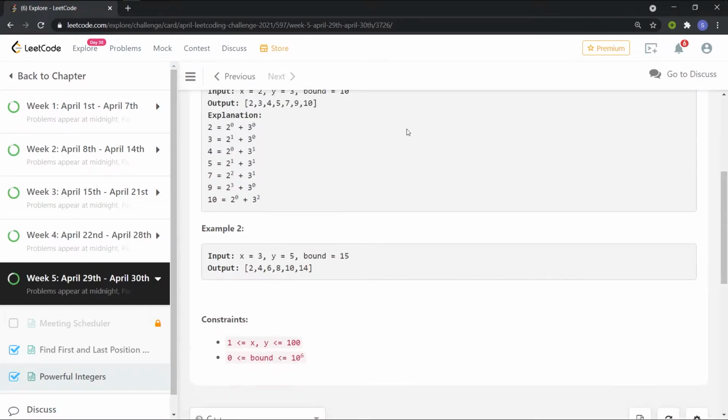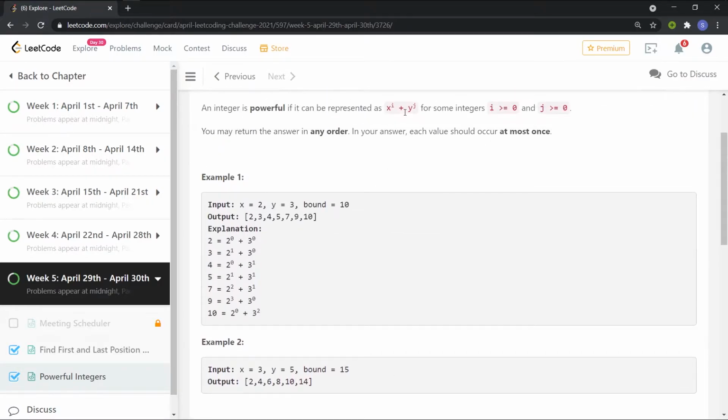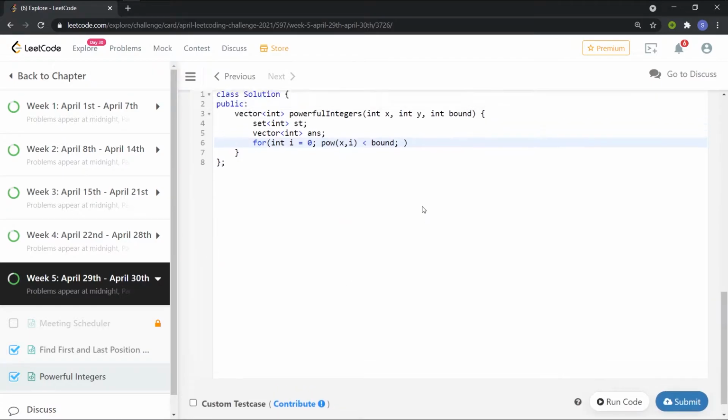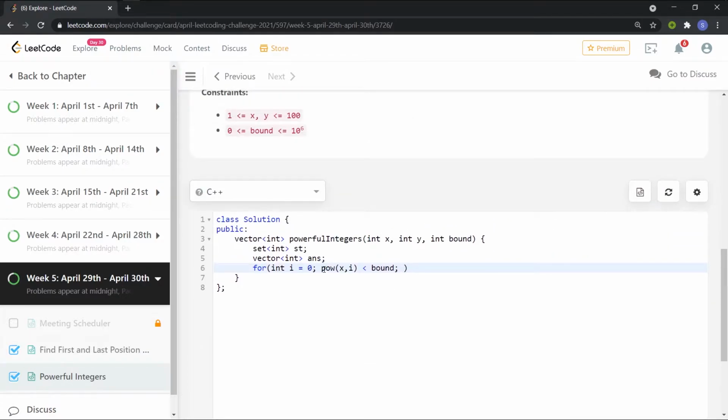The condition here is that the smallest value of y to the power j will be 1. So we need to consider all the numbers less than bound, so that even if j is equal to 0, we will be getting a satisfactory answer. So here the condition will be power of x comma i less than bound, and I'll be incrementing i in every step.